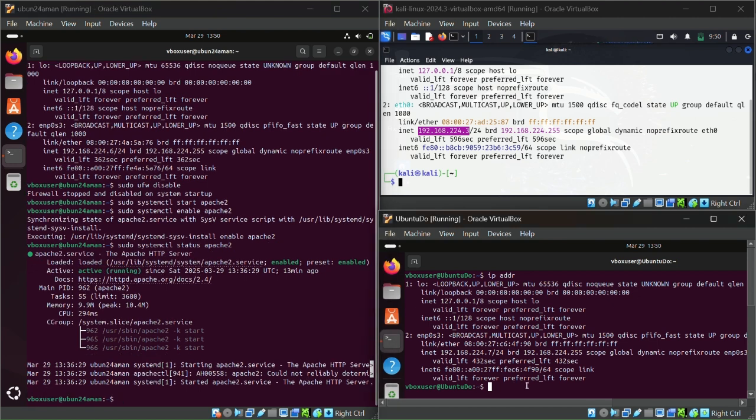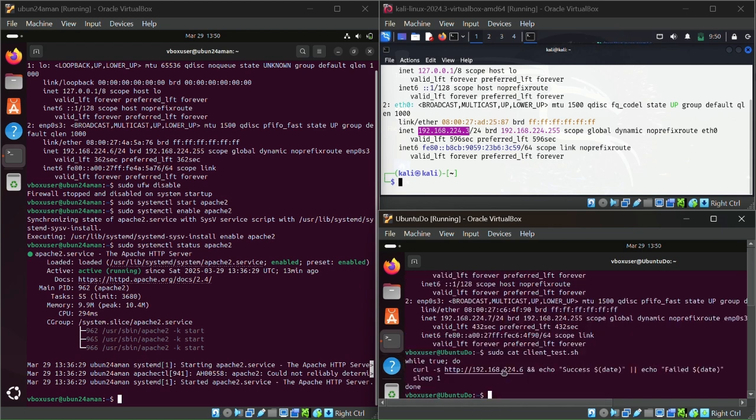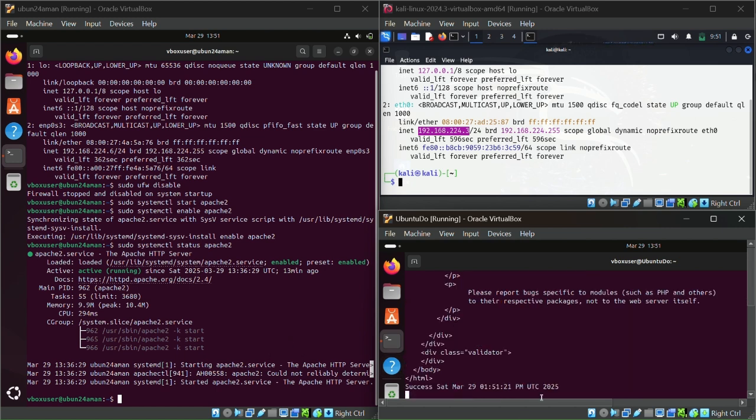Now what we will do, we will run a script on the client which will access the server every 1 second. I'll show you the script. So this is the script, and this is the IP address of the server. Every 1 second it will go, and if it's reachable it will show success, and if it fails then it will show fails. Okay, so we'll run the script. So here you can see on the client machine every 1 second it's showing success, which is perfectly good and